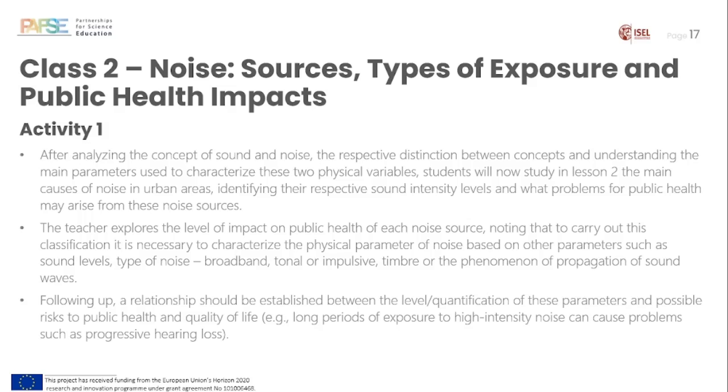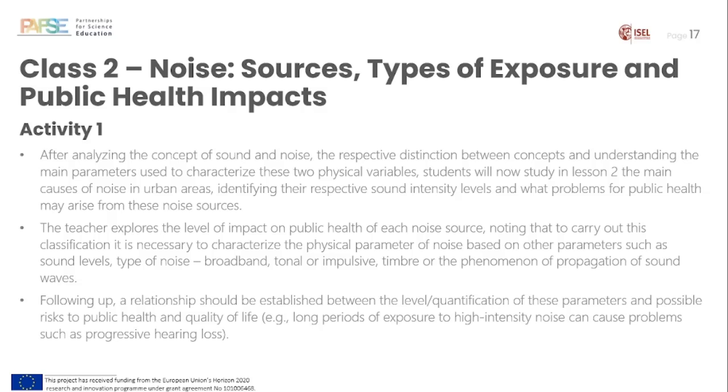So to be able to characterize the harmful impact of noise sources, we have to study other physical parameters that characterize a noise impact on human beings, and those are sound levels, tonal, impulsive,